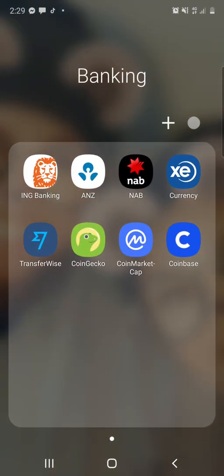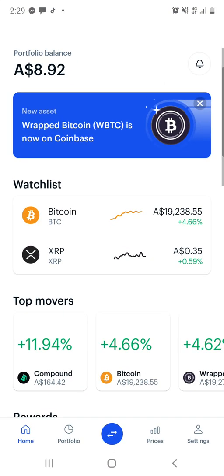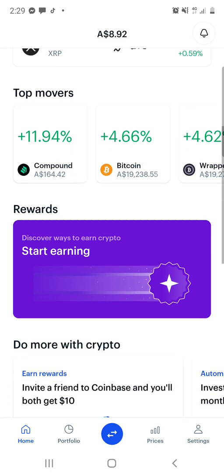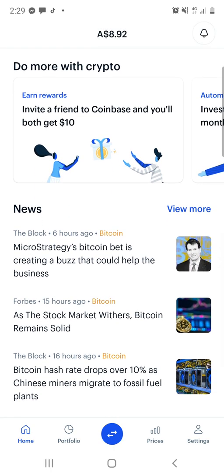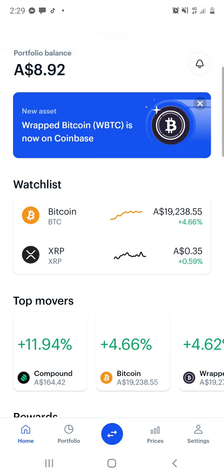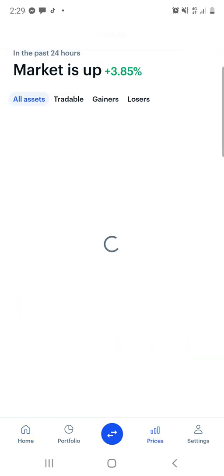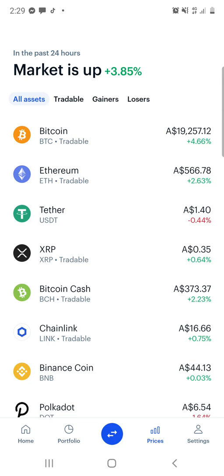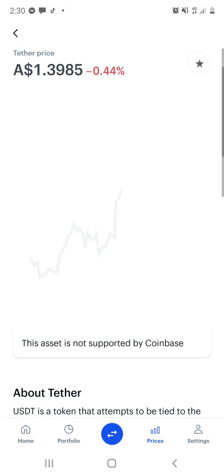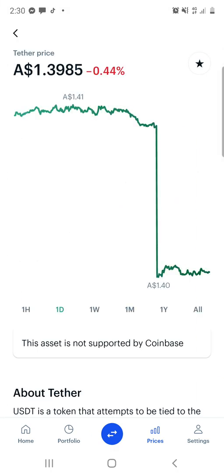So if you go to your Coinbase app, you've filled out your details, you've linked your card up to it, and you've verified your ID. It'll look like this. So you're on the home page, and what we want to do is go to the markets, which is the price at the bottom, and let's say for an example I want to buy USD Tether. Okay, so I go to USD,